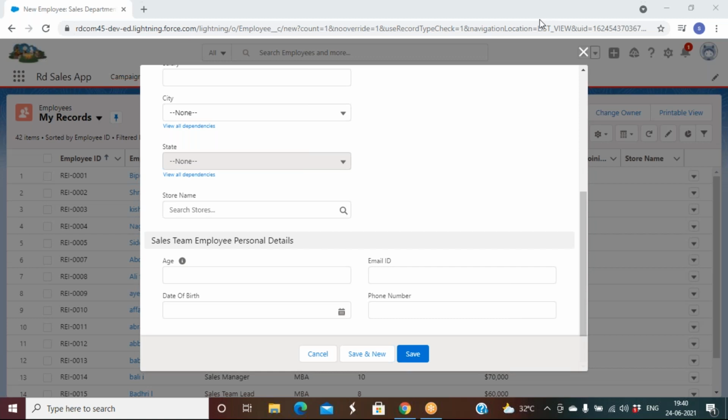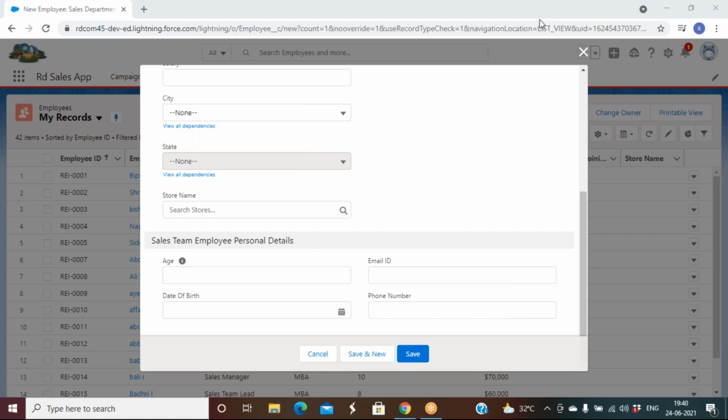Sorry. So the requirement was whenever a record is created on employee object. You may not get this kind of requirement, so understand the scenario. Whenever a record is created on any object and you are expecting to send an email from Salesforce, we can go with a workflow or process builder by using an email template.